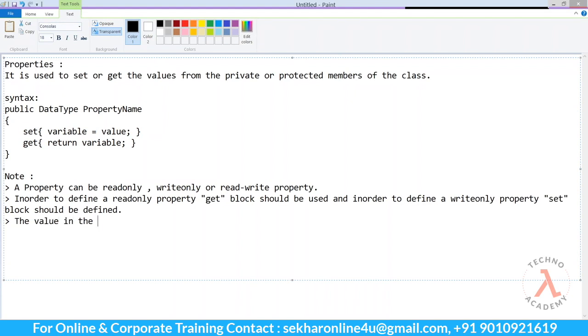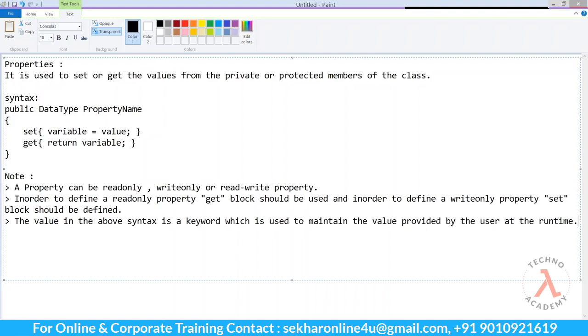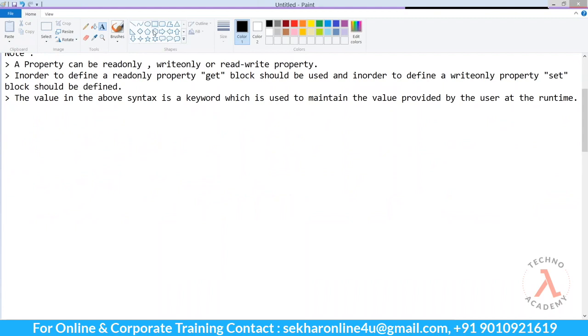The value in the above syntax is a keyword which is used to maintain the value provided by the user at the runtime. Now, let us understand with a simple demo how to use properties, and how to practically implement data abstraction and encapsulation.